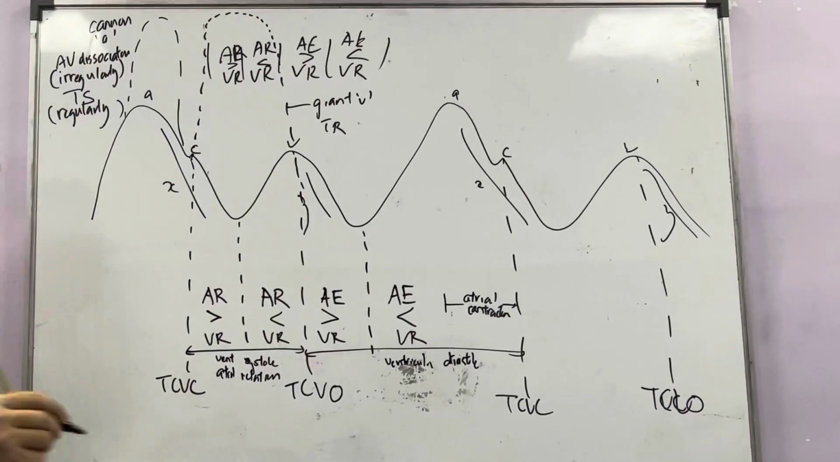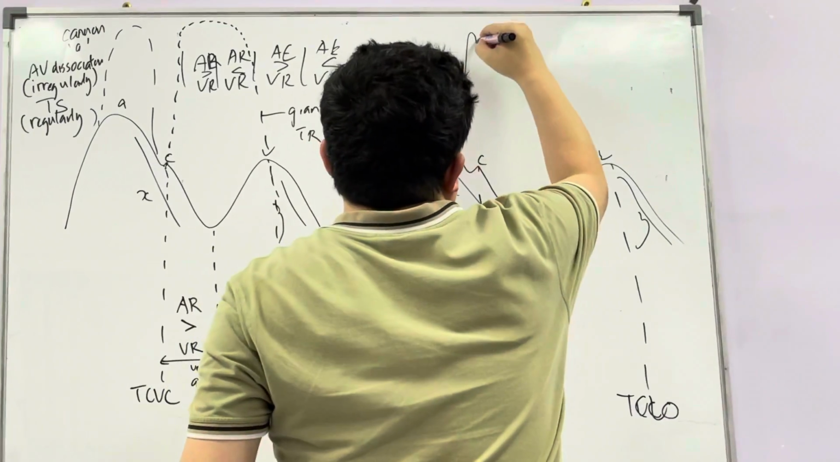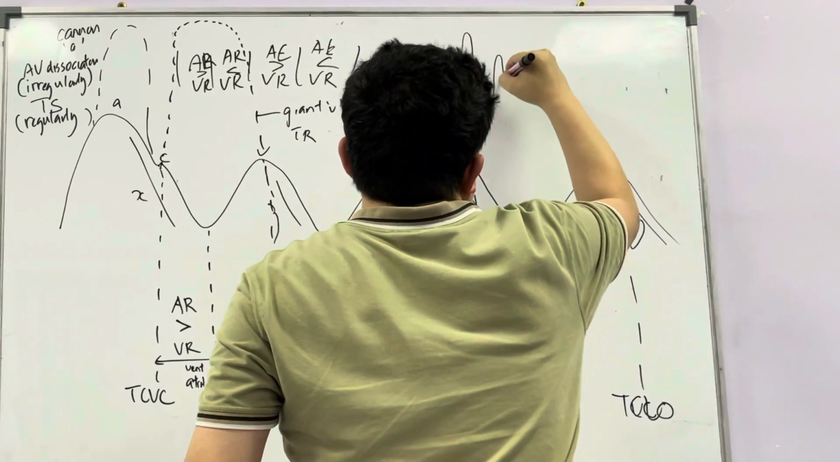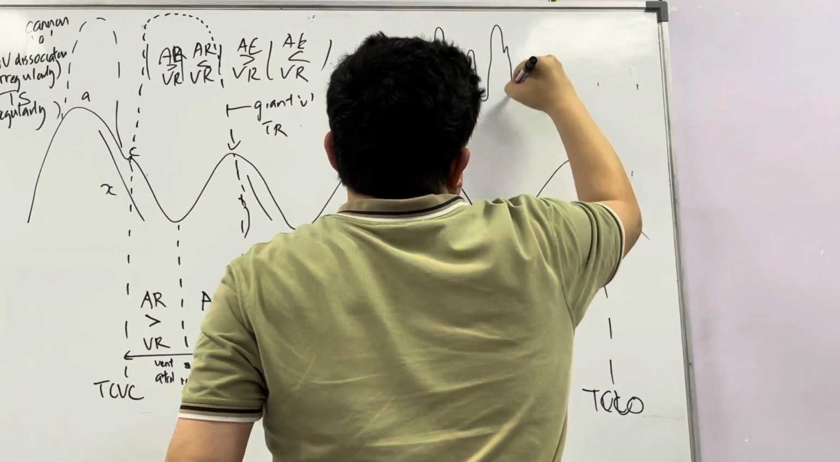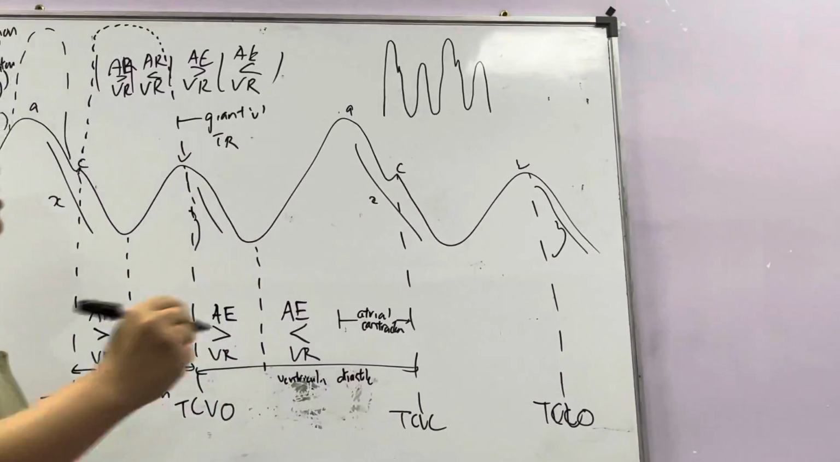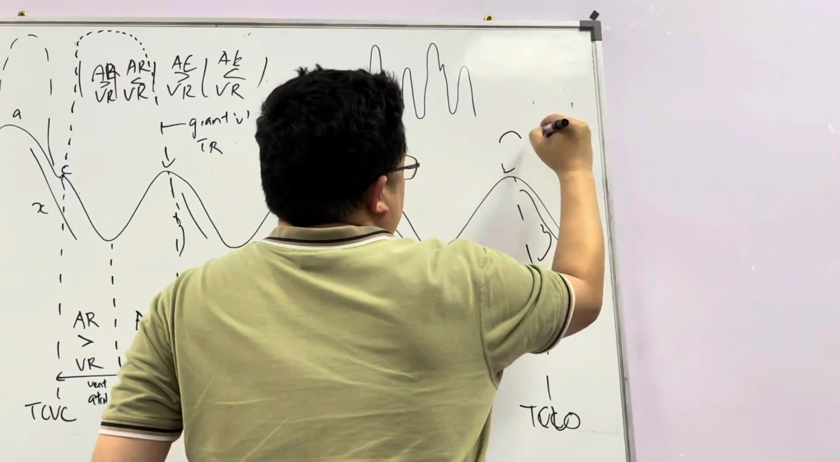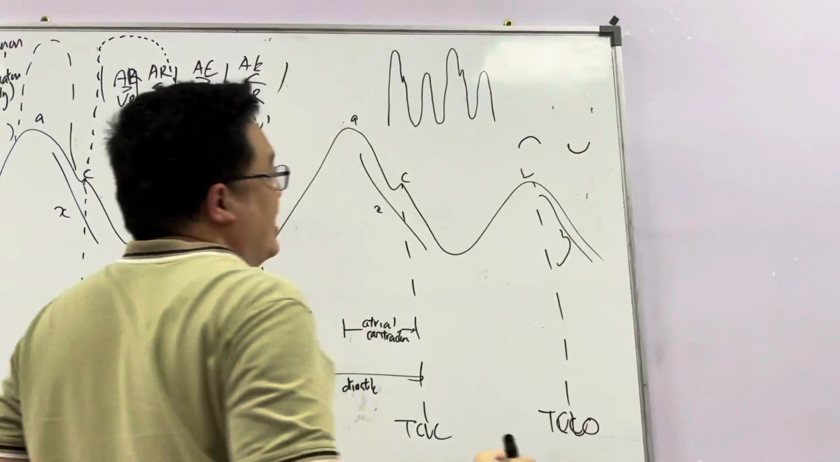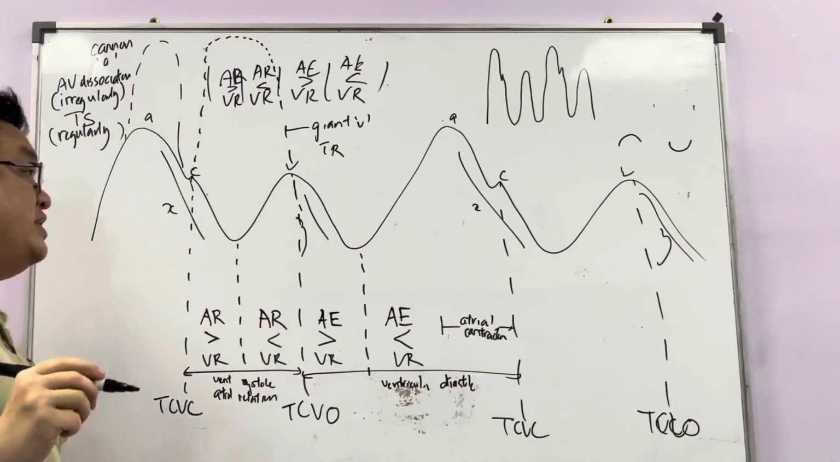Okay? If you have a very tall A and very deep X descent like this, this one will tell you that this patient, you see the vein, it will go up like this, and then after that it will kind of empty like this. Then you know this is a very deep one. So